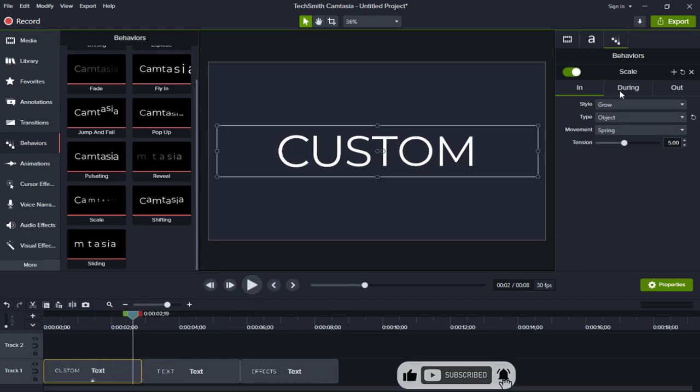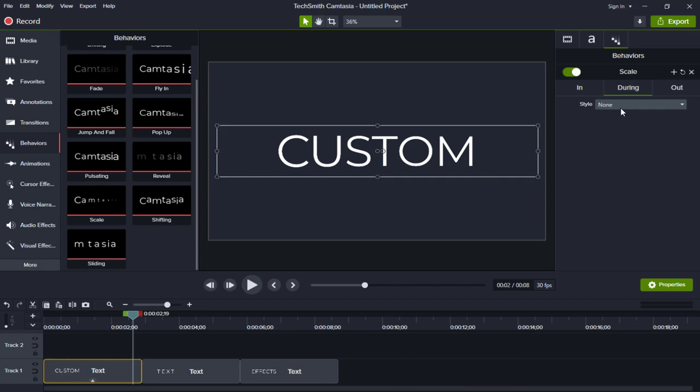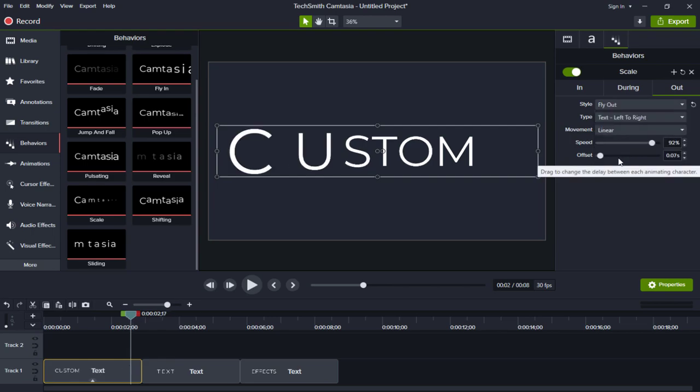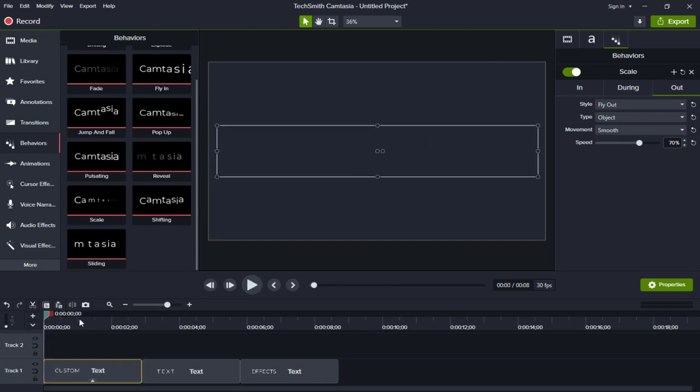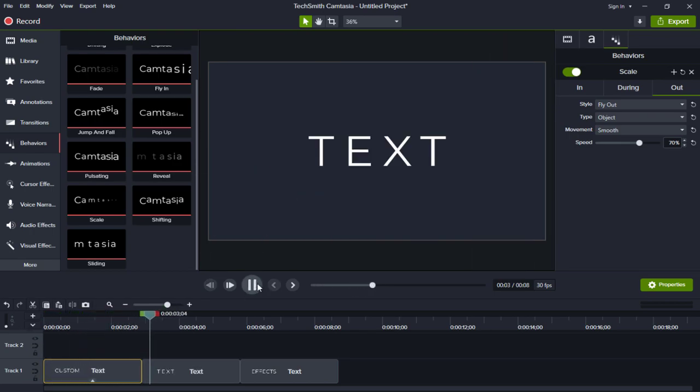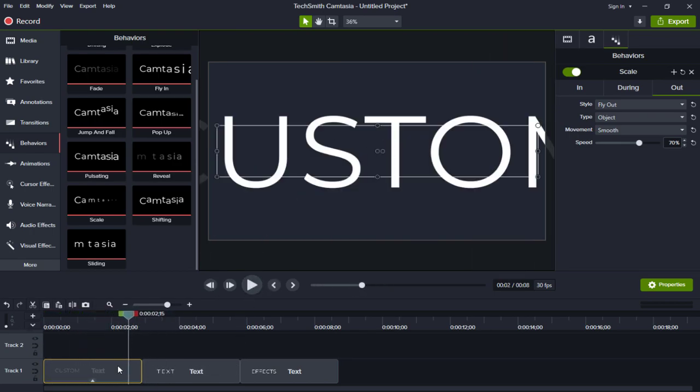There is no need for any change during the animation, so let's keep it the same, none default. Next, for the animation out, we can select the flyer option, along with these smooth and speed effects. We can play the animation, and if satisfied with the custom effects, we can save the preset in the library